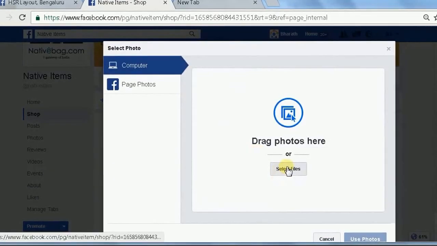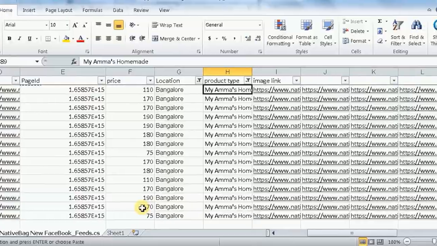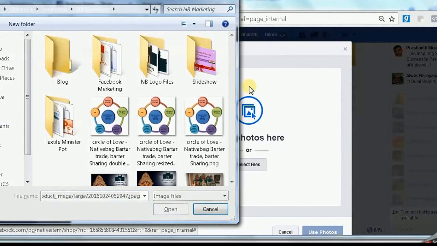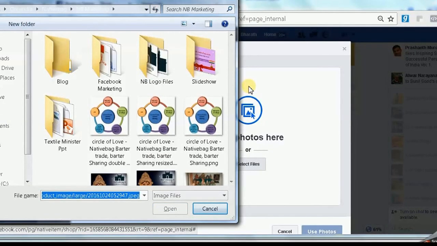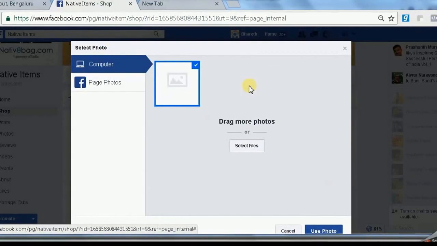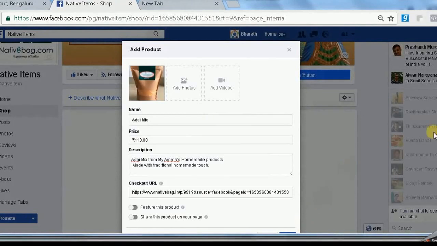Okay, add image. Now you can give the direct link, whatever we have given here. Copy that image link and paste it in your upload file. If you have internet, it will automatically upload the image from this particular link, and say use photo.